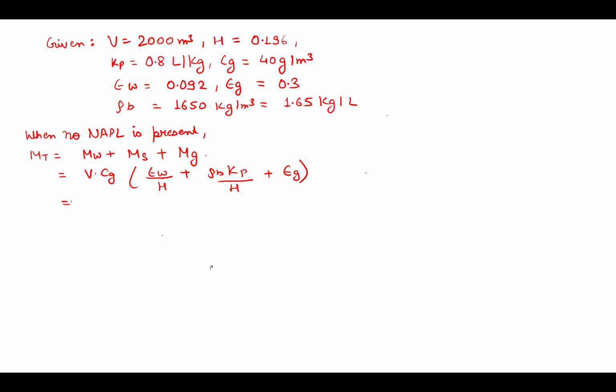And finally, we have to put in all the values, and by solving this we can get the total mass of the contaminant. So let's put everything here. Volume is 2000 meter cube. The concentration in gaseous phase is 40 gram per meter cube. Water porosity is 0.092. Dimensionless Henry's constant is given as 0.196. Bulk density is 1.65. Partition coefficient is 0.8 divided by Henry's constant